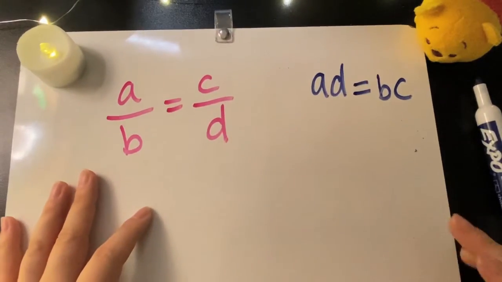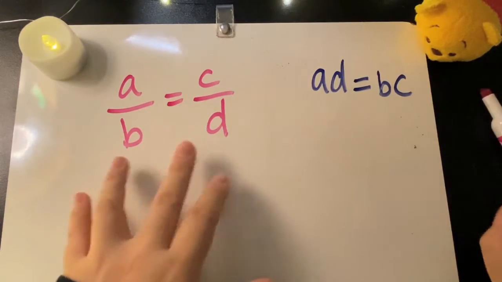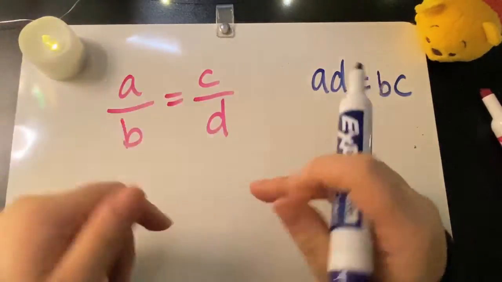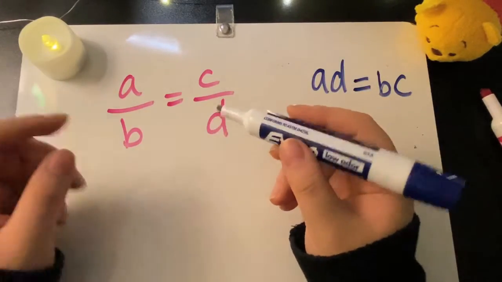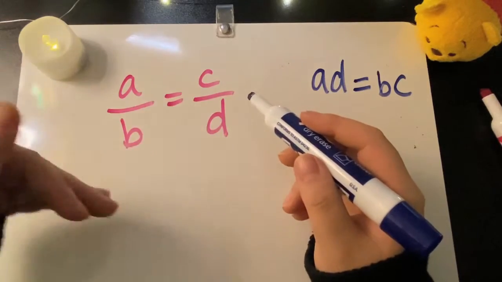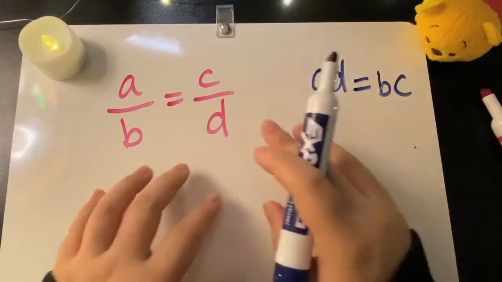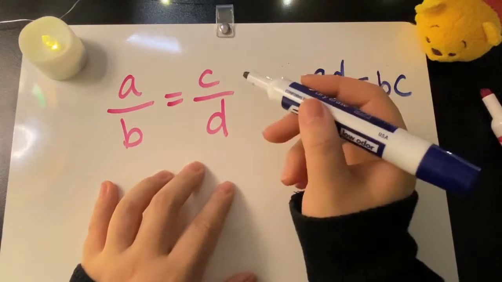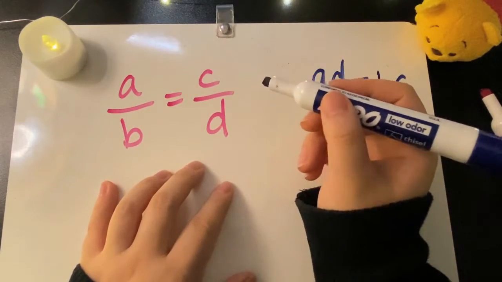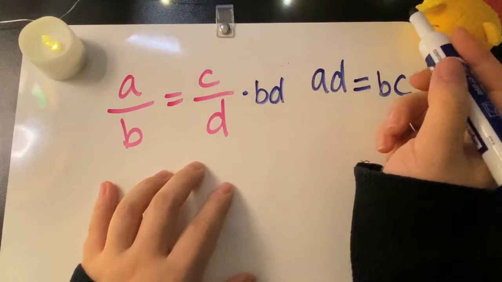One thing we can do is notice that we have b and d on the denominators here, as if we think of them as fractions. And so they can be expressions too. They can be rational expressions, but we have b and d in the denominator. So one thing I can notice is that if I multiply by bd on both sides, meaning b times d,